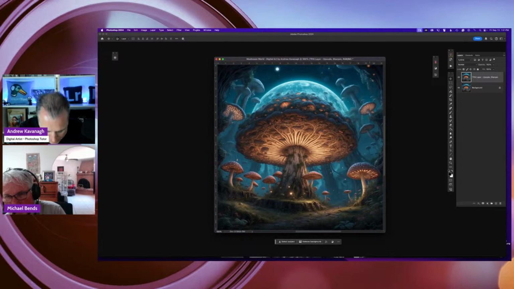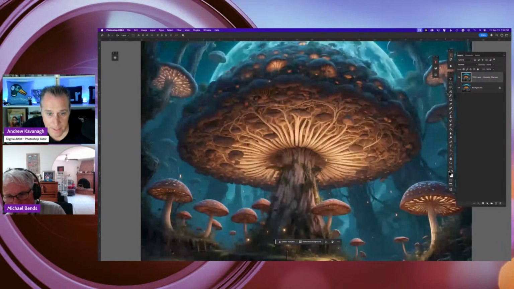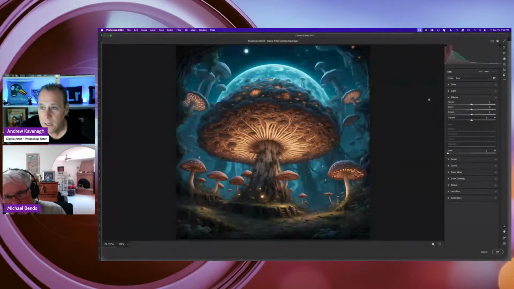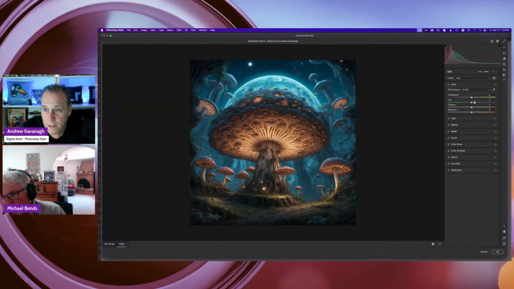And then I have my image, and I can turn it on, turn it off, and make a simple comparison. And then the next thing I do, so it's kept some good detail, I will go up to Filter, Camera Raw, and then it has this whole window, which I really like. I zoom out a little bit, and then starting with color, I'll decide if I want it to be a bit more blue or a bit more the golden color.